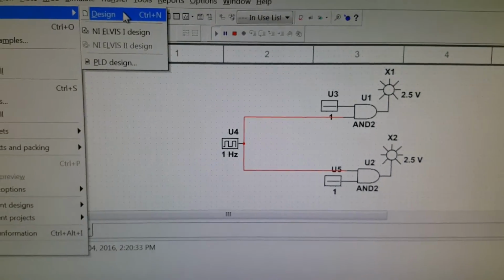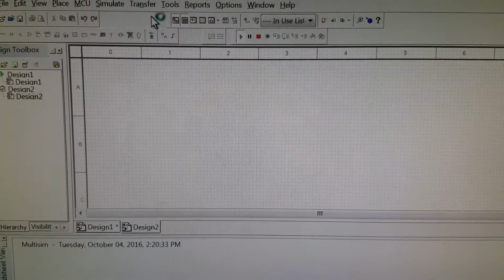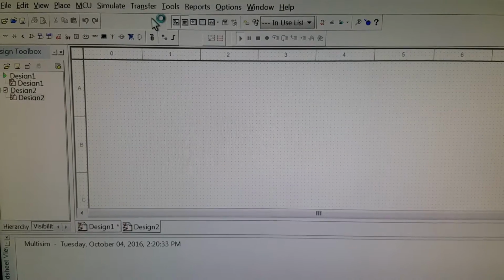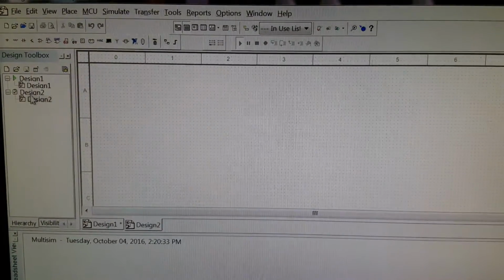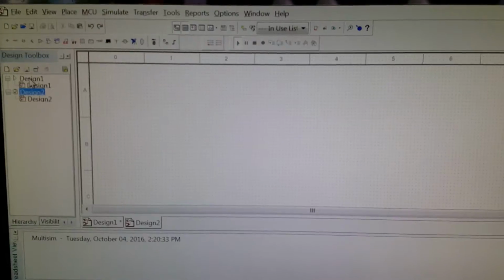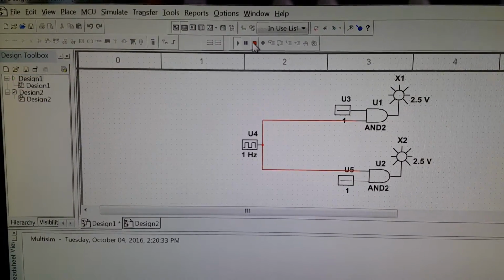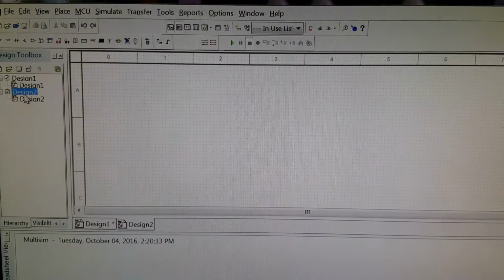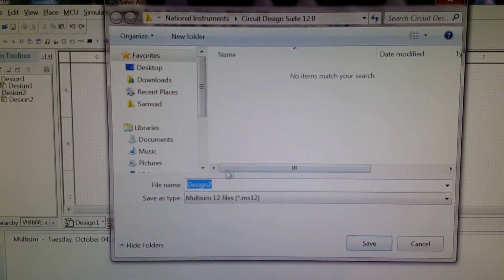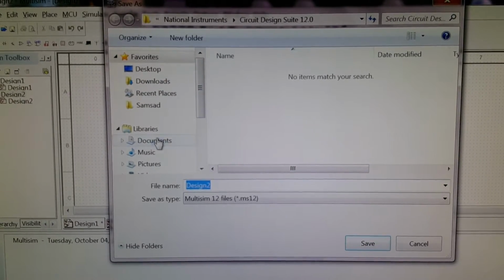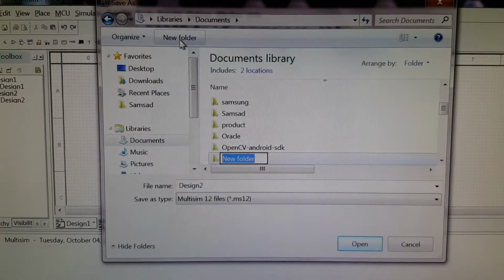Create a new design: file, new design. So we are in the design 2. So we can save this design: file, save as. You can choose documents, create a new folder,